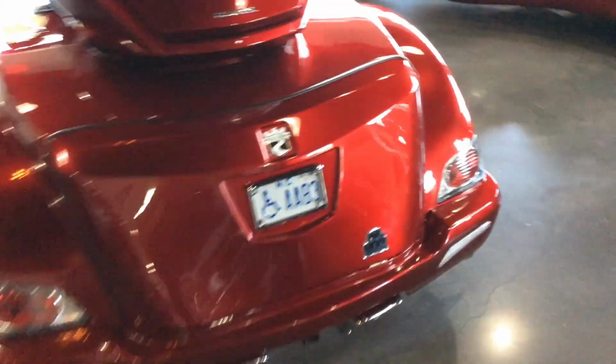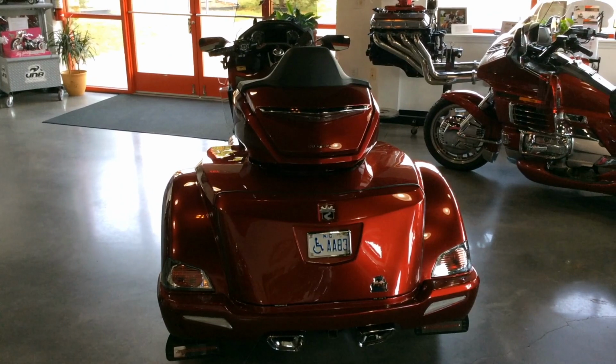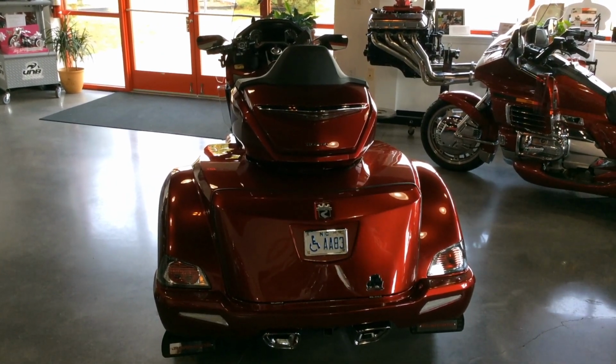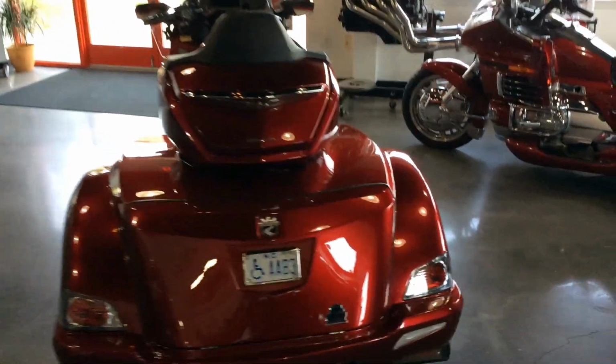We incorporate a new body style to enhance the exhaust mufflers. As you can see, we're offering the mud flaps, chrome wheels,